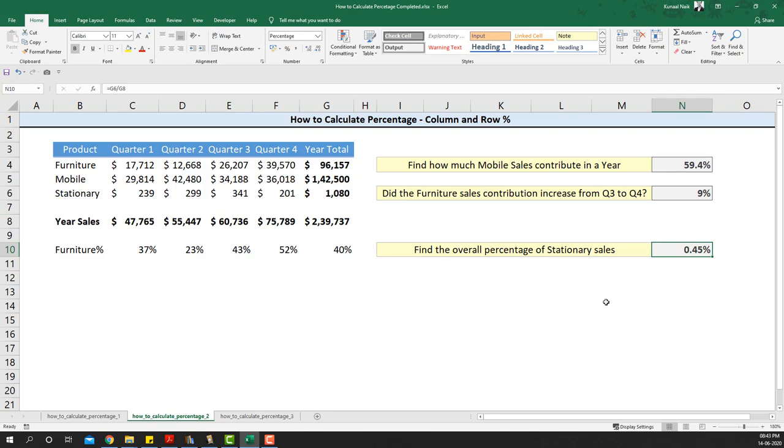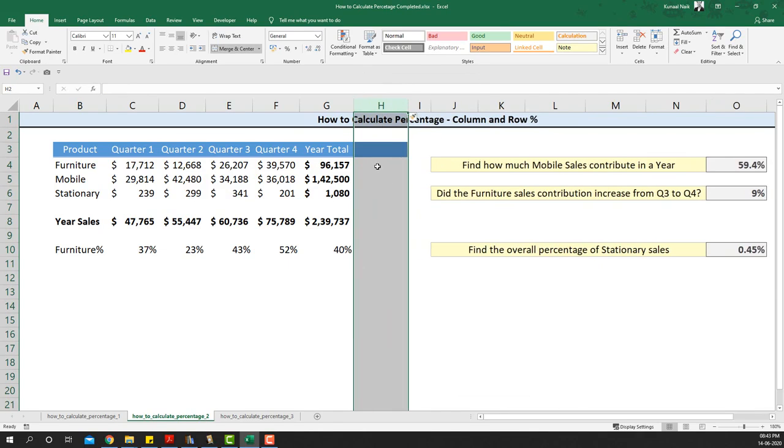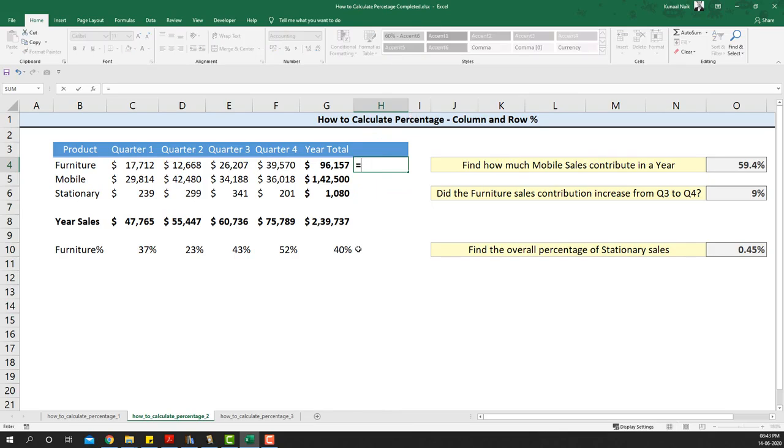Once we did the column percentage, we can also do the row percentage. I can simply take, let's say, quarter 4's contribution in the entire year. That would be the meaning of the row percentage. So if I take Q4's sales of furniture and divide it by the total sales, I'll get this particular number, but I just have to convert it to a percentage to look at the number. Then I get the Q4 percentage in an entire year. I can put 4 here.